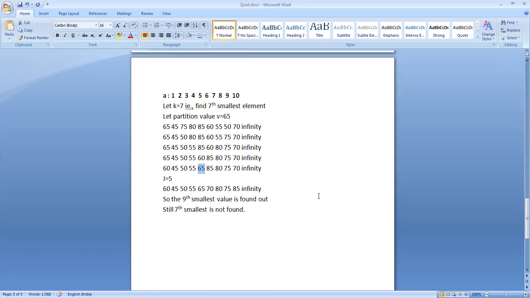Here also we use the partition algorithm to find the desired kth smallest value. Usually we won't find the desired smallest value in the first attempt. Instead of finding the desired smallest value, we will end up finding some other smallest value. We will repeatedly do this until the elements become sorted. That is the idea behind this selection sort.